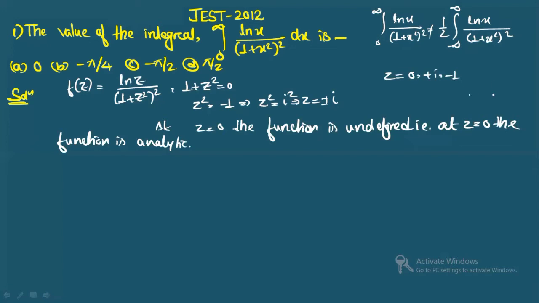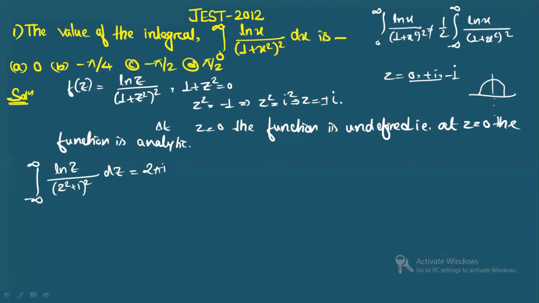Now we know in this type of integral, we are considering only the upper half. The negative imaginary part is what? Ignored. Okay. The pole which will be minus i is ignored. So only 0 and plus i will lie within the contour. All right. So how are we solving this type of integral? So for this, we will take integration minus infinity to plus infinity ln z by (z square plus 1) whole square dz. It will be equal to what? 2 pi i times the sum of the residues. Yes or no?